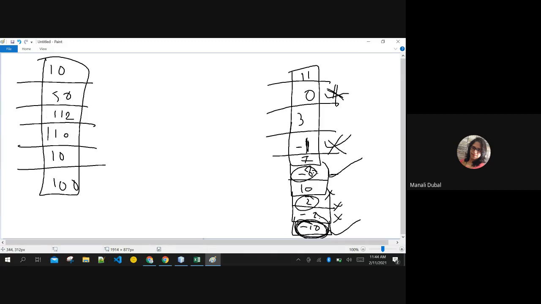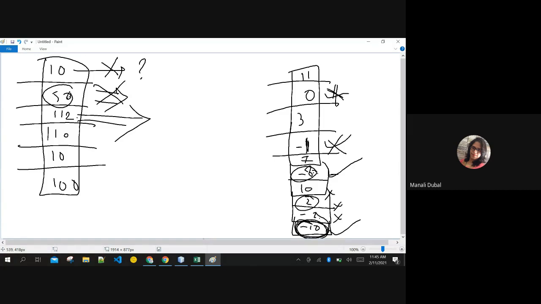Even if it is the highest number, what will you do? 10, are you the highest? Let me check with other numbers. Okay, 50 and 10. No, 50 is the highest. Oh, 10, you are not the highest. This is my benchmark. Now let us compare 50 and 112. Which one is the highest? 112, you are the highest one. You won the game. 50, you lost the game. Henceforth, 112 is the benchmark.